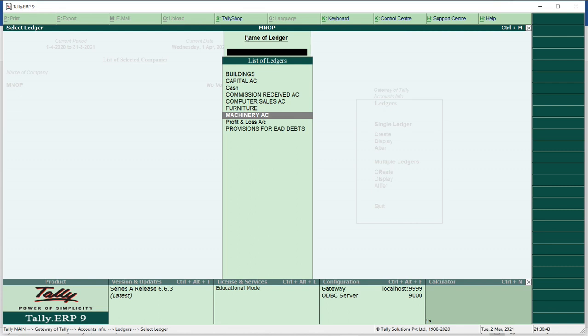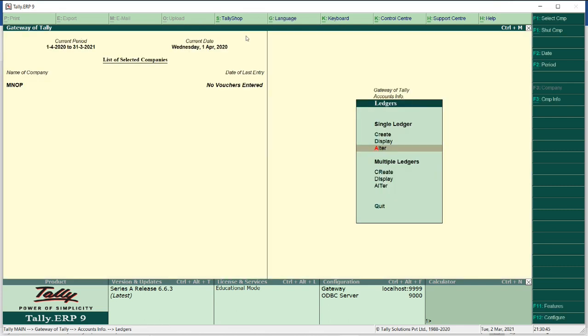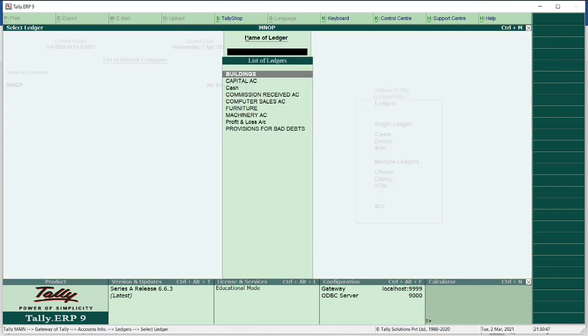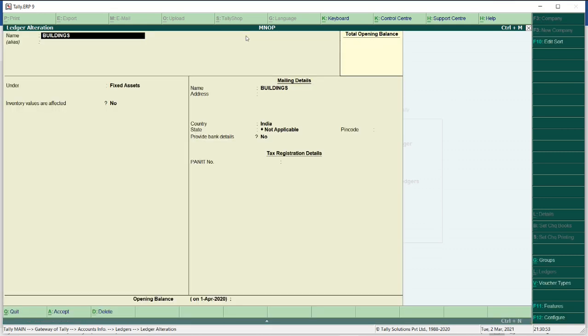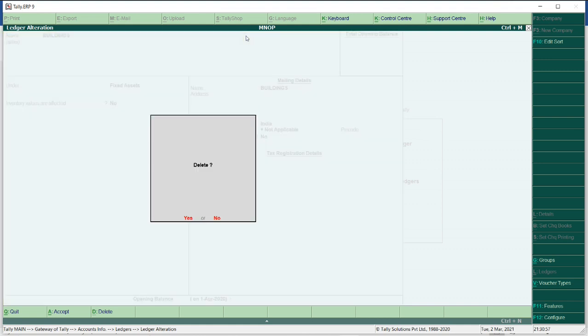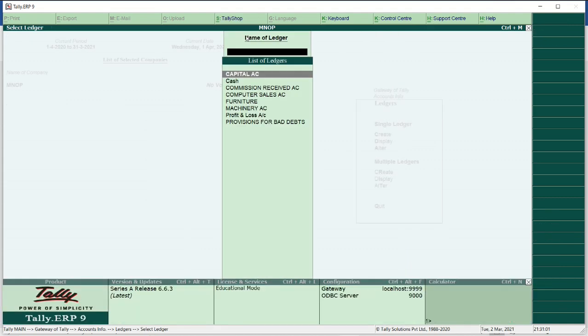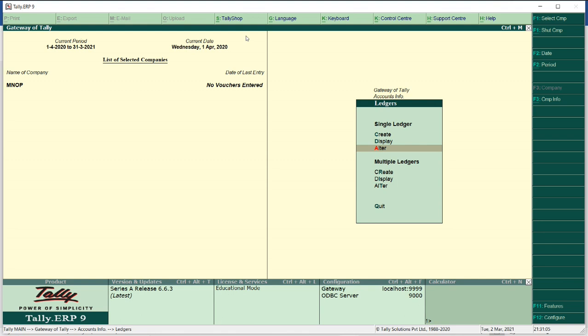Then if I want to delete a particular ledger, select alter, then select the particular ledger. I want to delete the buildings account. So in this environment, click Alt plus D, delete. So now that buildings account has been deleted from the list of ledgers.